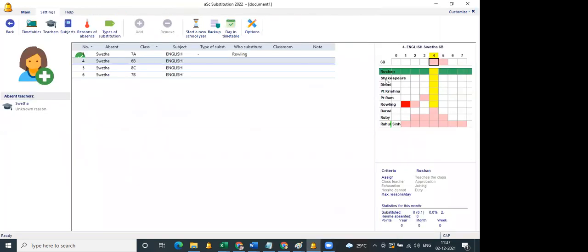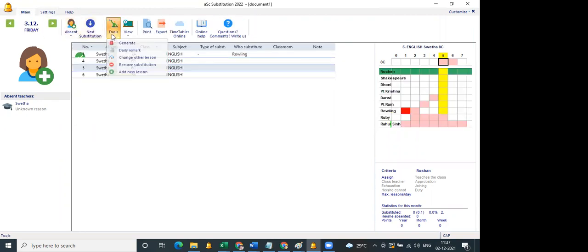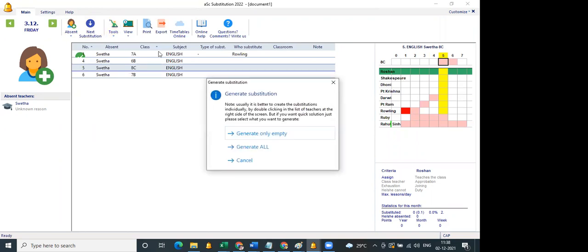So this is the way of doing manual allocation. I just highlight, select the row, and select the teacher. And if you want to do automatic generation, I just click on tools and click on generate. So I just generate all.